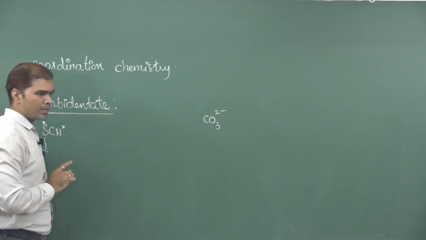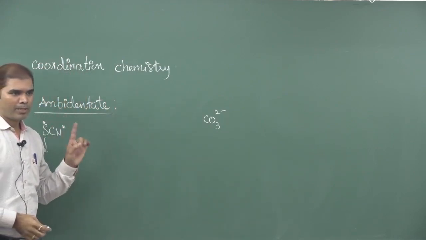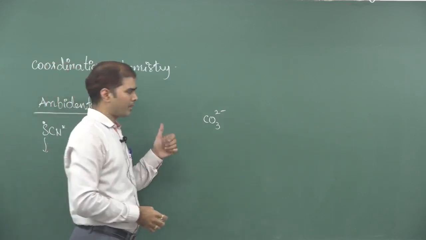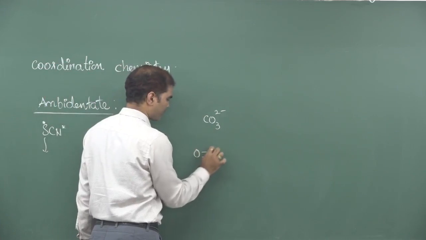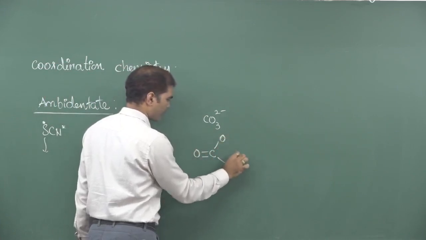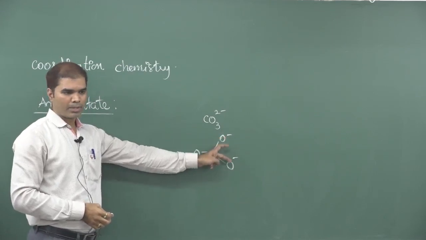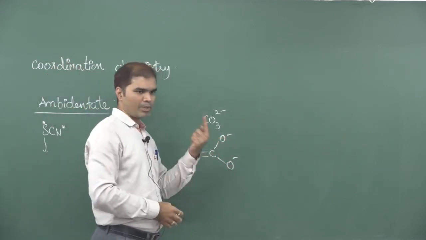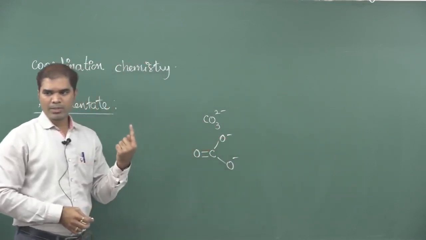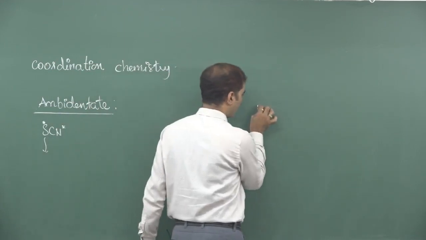Ambidentate ligands are those ligands which have more than one donor atom, but at any given point of time only one of the donor atoms can bind to the metal. I'll give you the definition. This is carbonato. Carbonato has two potential donors, two oxygens are present. But at a given point of time it can bind with the metal with only one oxygen, or it can also bind with the metal with both the oxygens. Suppose that I am choosing a complex